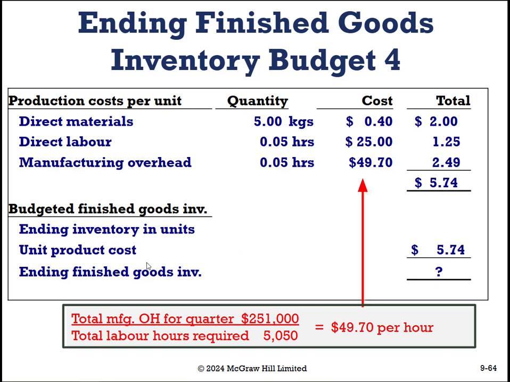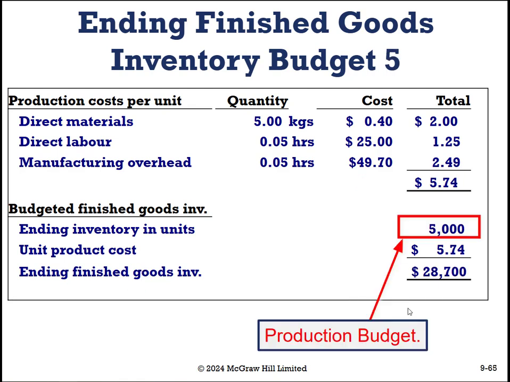So if we have total ending inventory units times our unit cost, that gives us our ending finished goods inventory dollar amount. So because we had our production budget of $5,000 times 5.74, now we can put in finished goods inventory of $28,700. Okay,